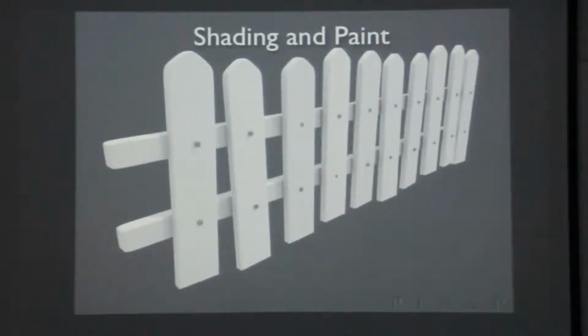Now this is a topic I'm going to talk about in much more detail in a later part of the lecture, but for now you can think of shading as the material on an object. In this case, the material would be sort of chipping paint. And just like a rigger